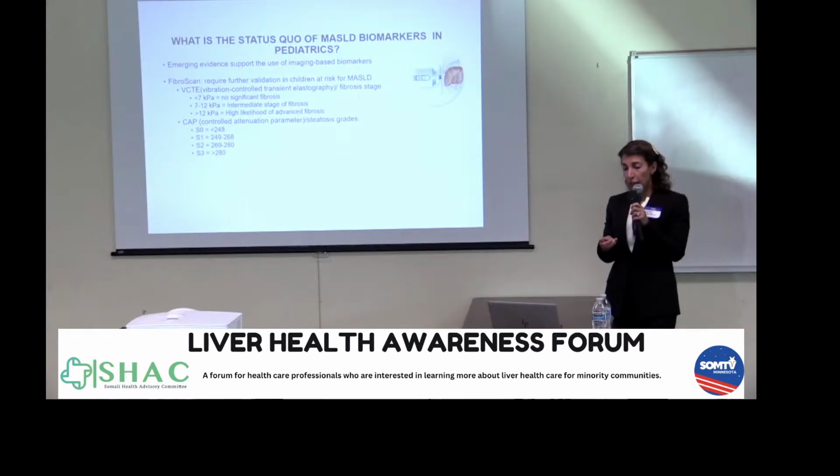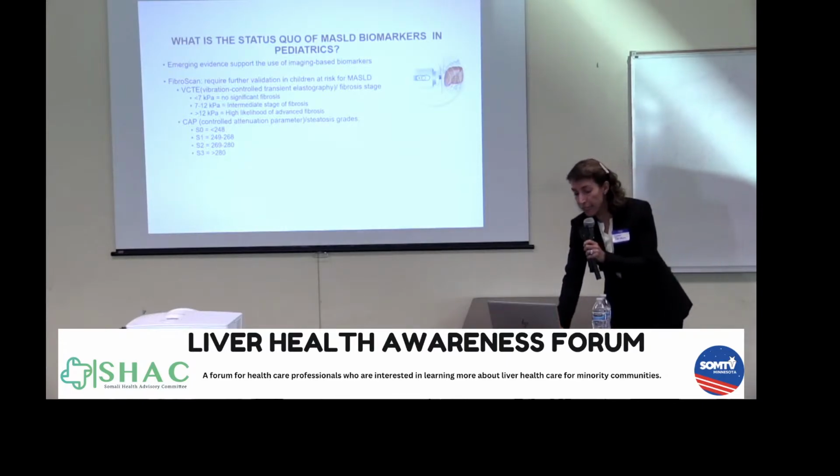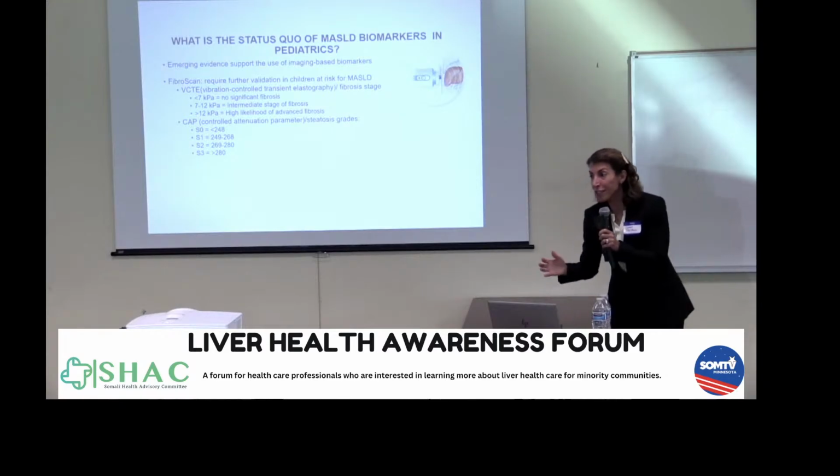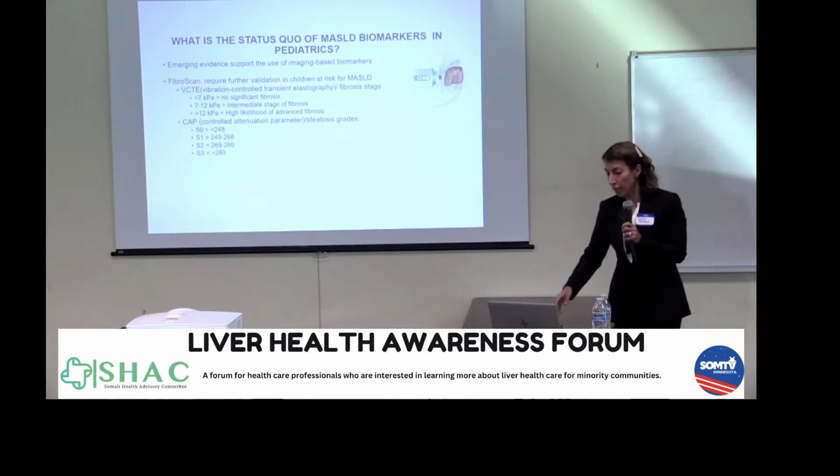And I'm including here cutoffs for you, not to memorize or anything, but to understand how we make sense of these numbers, and we stratify the severity of the patient based on the number this FibroScan report gives us. For example, if I do a FibroScan on someone and the vibration-controlled transient elastography is 10, this is somebody with intermediate stage fibrosis. Most of my patients in the fatty liver disease clinic have an S3, or steatosis more than 280. They have significant fat in the liver.